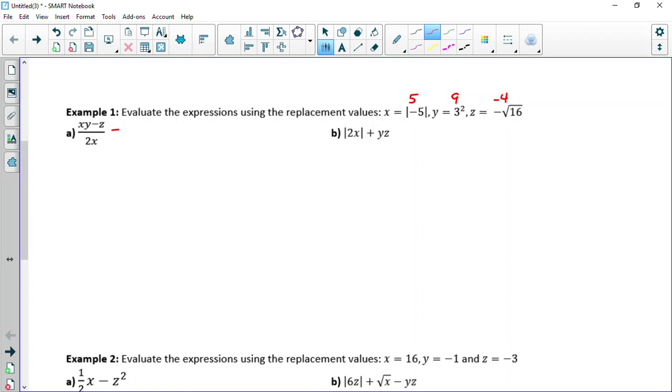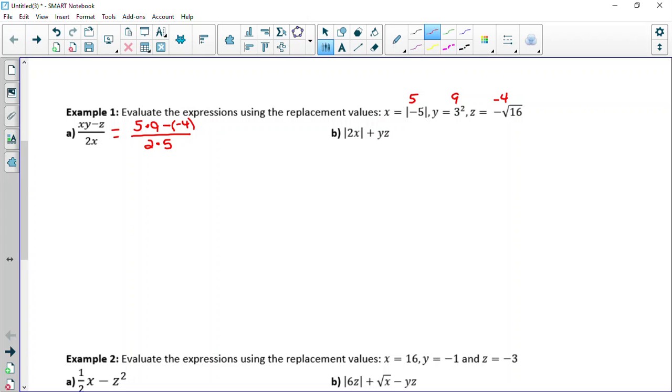So here's what we end up having. So my x, we said, was 5. And then when two variables are stuck together, we have to multiply them. My y was 9. And then my z was -4. So I have a subtraction sign here as part of my expression, and so I need to carry that over. And then I have the -4. I need those two negatives. I need them both. Alright, then underneath, I've got 2, and since it's stuck to the x, it's times, and